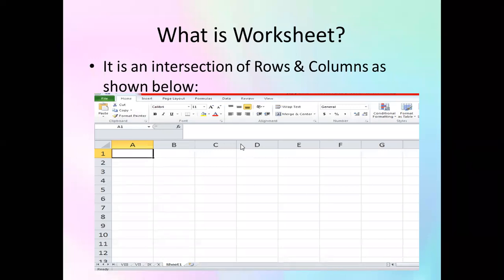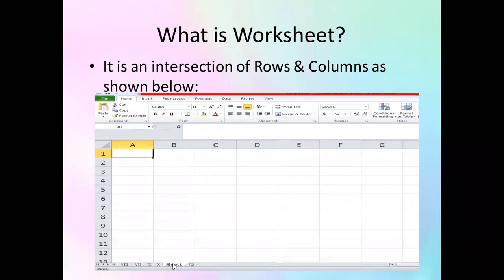Spreadsheet is basically the whole Excel page. Whenever you open Excel, the whole page, including everything, is a spreadsheet. And a worksheet is only a single page. Like everybody can see my screen, here I have pasted one Excel sheet in which I have 8th class worksheet, 7th class worksheet, 9th worksheet, 10th worksheet, and sheet 1. Similarly, I can create more sheets also. There is no limit, I can create n number of sheets. So these sheets are known as worksheets, and the whole appearance of this complete sheet is known as a spreadsheet.